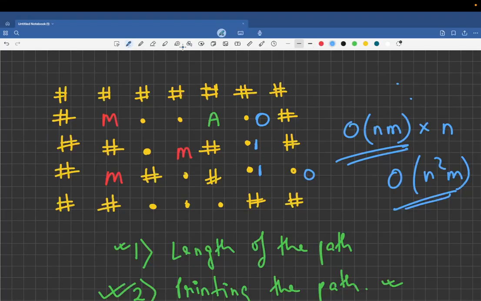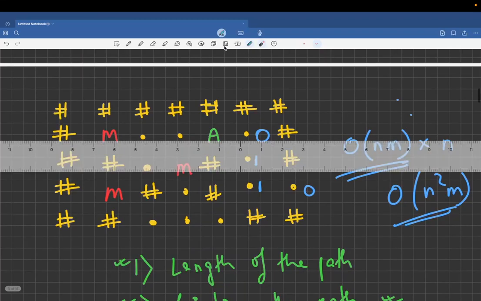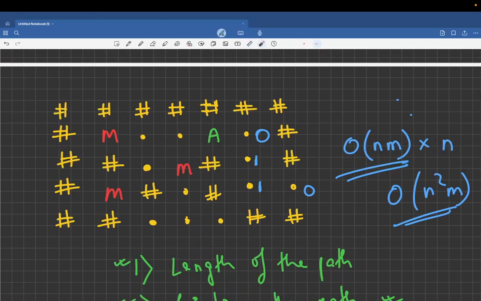Now I am standing at the end row and end column and I want to extract the path, right? I have traveled right to reach this particular cell. So what I will do is maintain a character vector of size 4. At index 0, I will keep the character right.